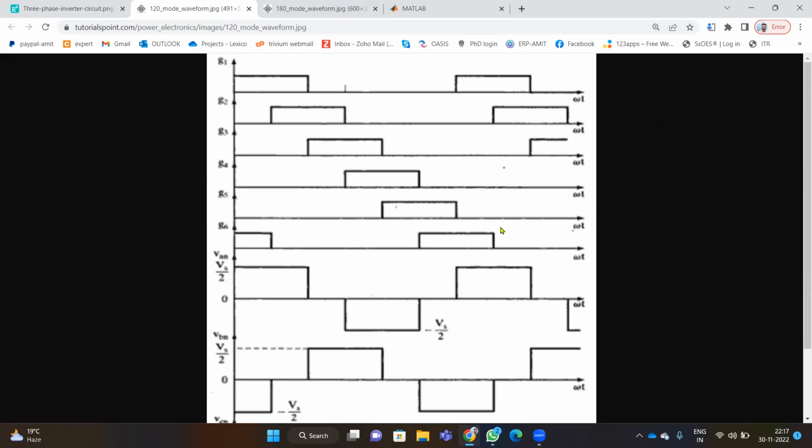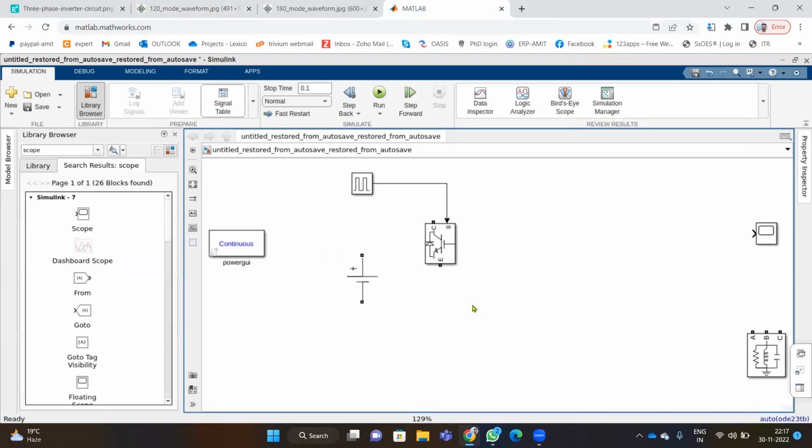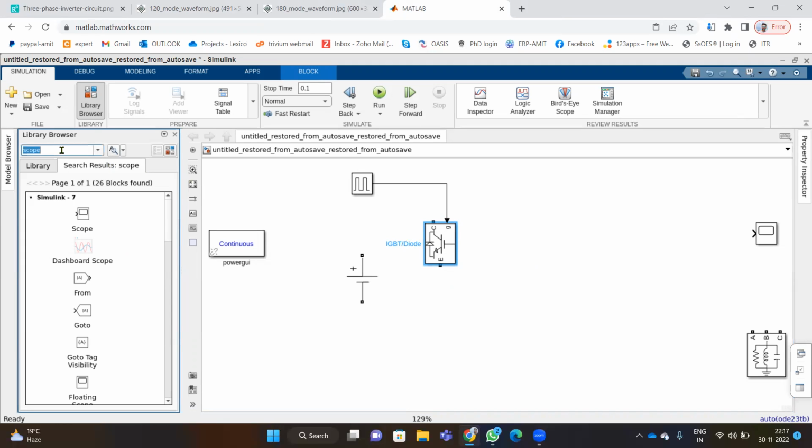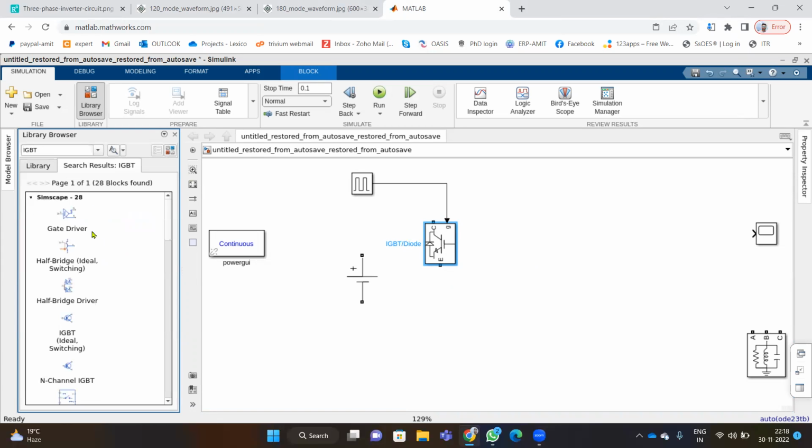Let's move our part to the Simulink window. For today's simulation, we will require one switch. So I have taken IGBT slash diode. You can copy this particular part or you can search in the library for IGBT. Many parts will open up which are similar to IGBT. Just look for the black colored component, as these are